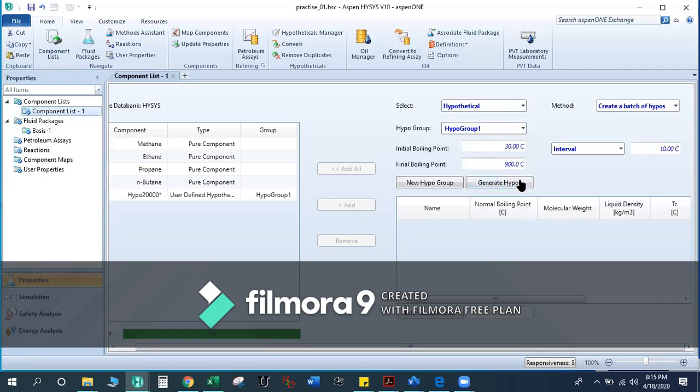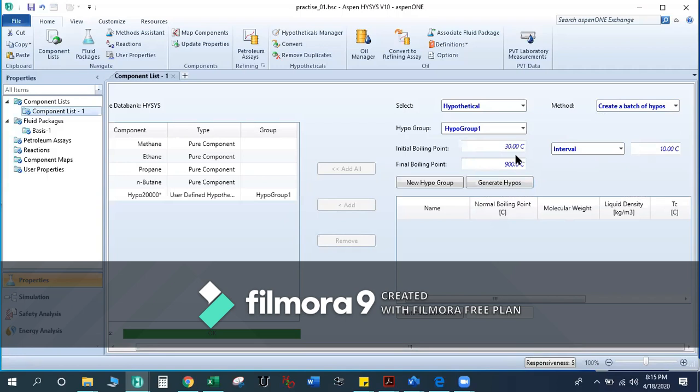The meaning of this is that you have a sample for which you know its initial boiling point and its final boiling point.